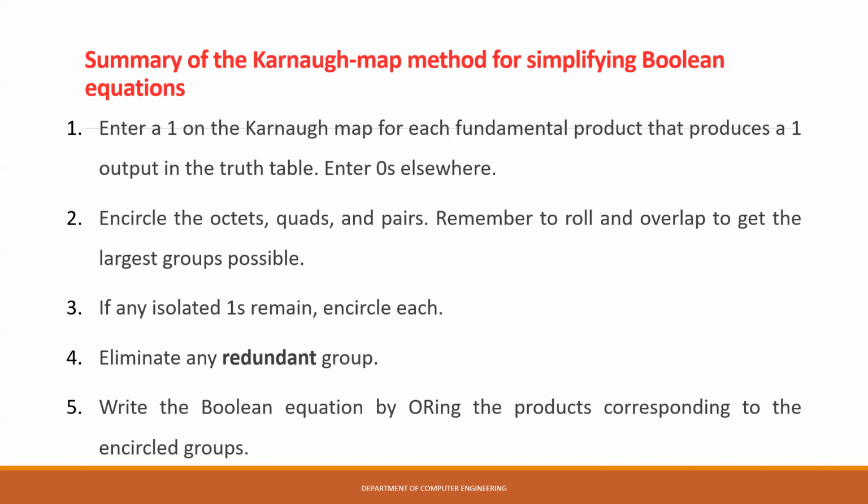But you have to remember to roll and overlap to get the largest groups possible. Means while making the group, the priority should be given to the highest number. For example, in octet, chord, and pairs, octet is the highest group, or which contains more number of ones. That's why